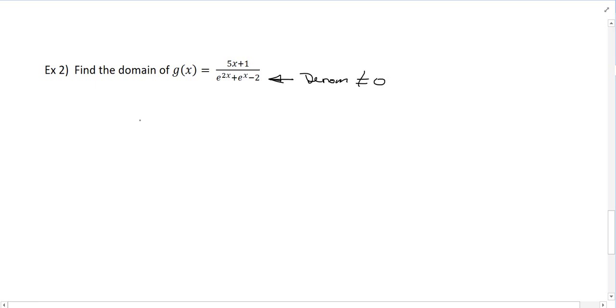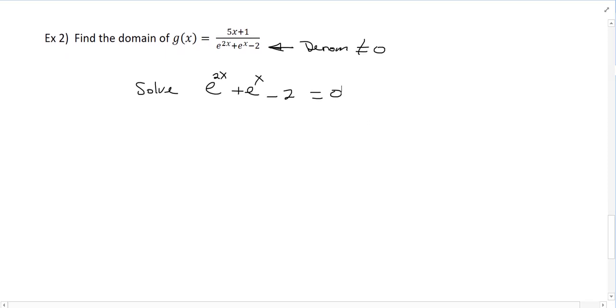So solve the equation e to the 2x plus e to the x minus 2 equals 0. And whatever makes this 0, we're going to exclude those values from the domain. So how do we do that? I recognize this as a quadratic. So this kind of looks like if I had something like u squared plus u minus 2 equals 0. And the reason that I recognize that is because my middle term is e to the x, and e to the 2x,